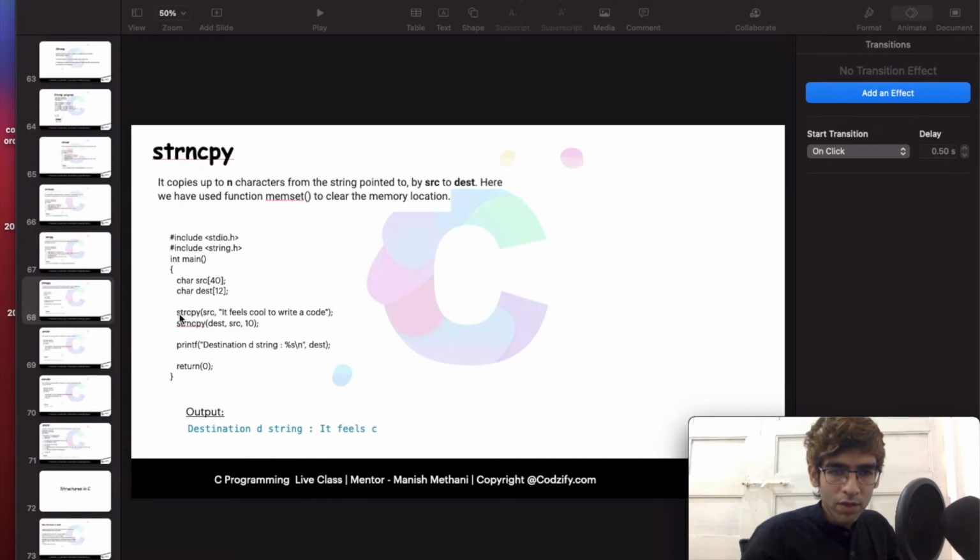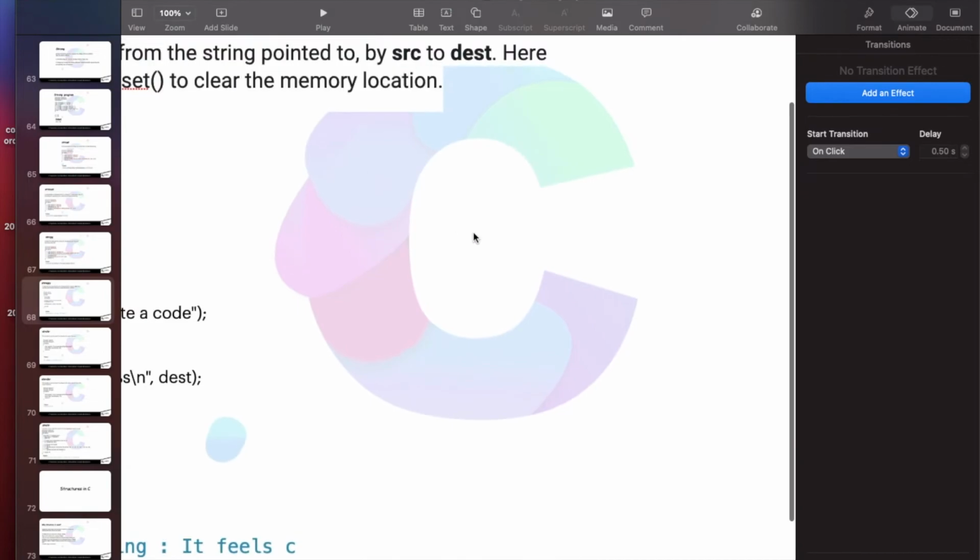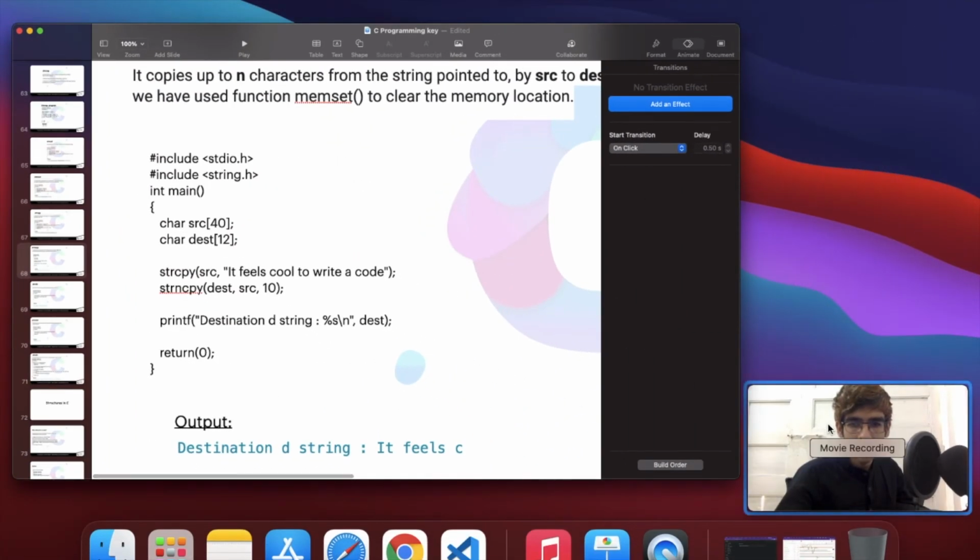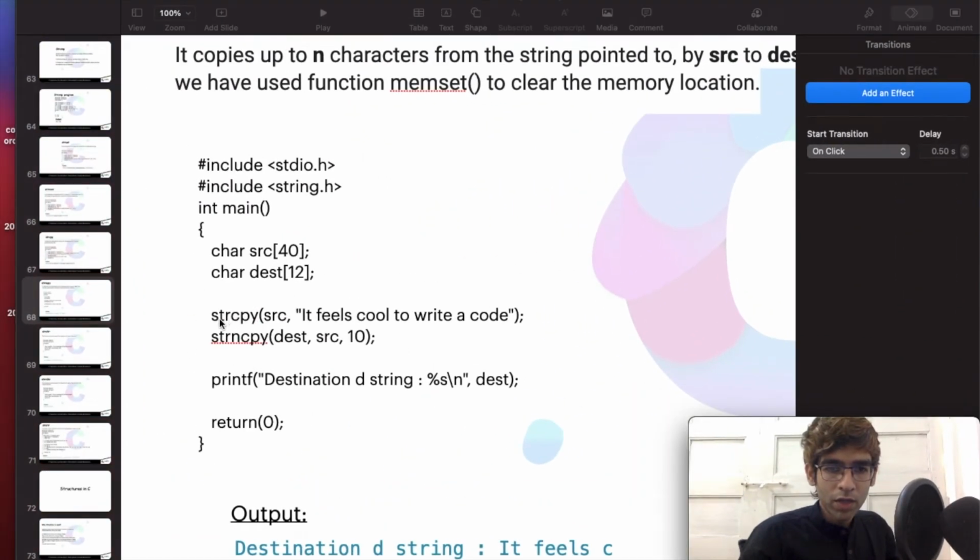Here we have strcpy. Okay, zoom in so that you can see this. Here we have written strcpy, source, it feels cool to write a code. This source is just a character array for now. We haven't initialized anything into this. So, it feels cool to write a code is copied into this source.